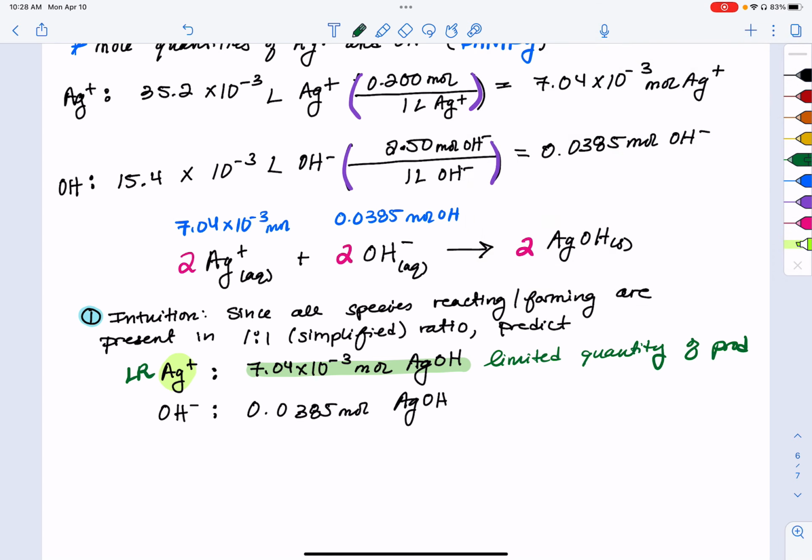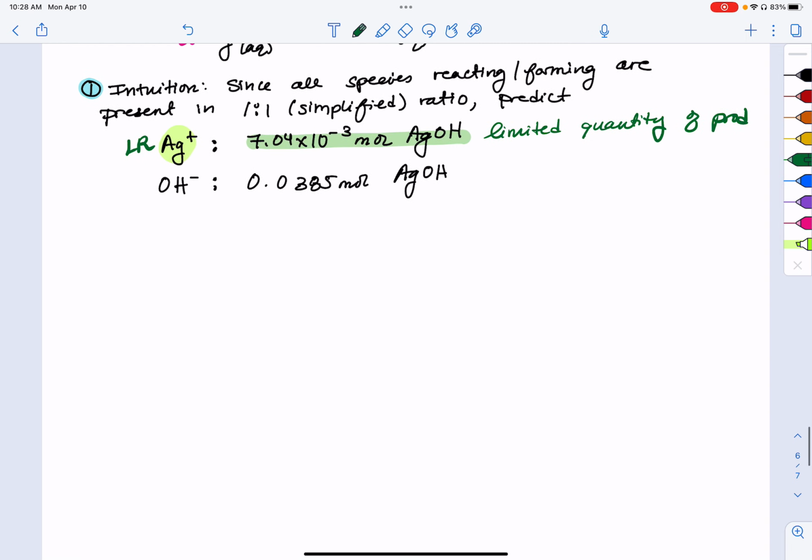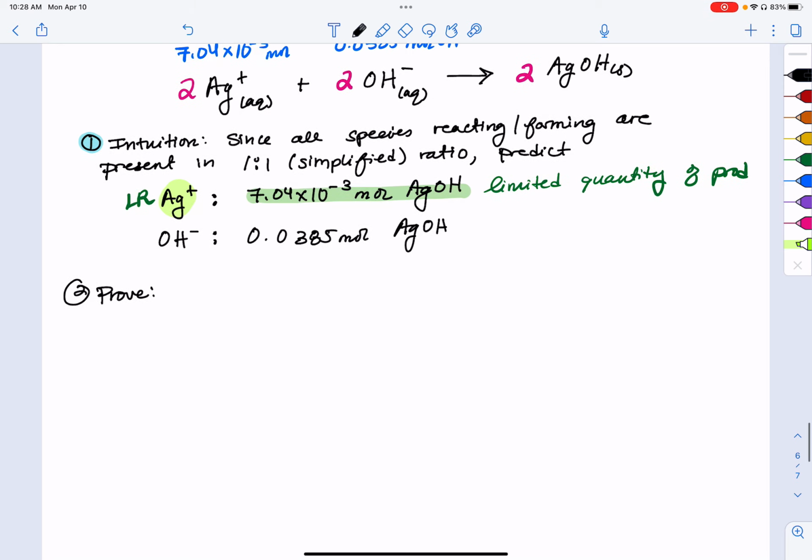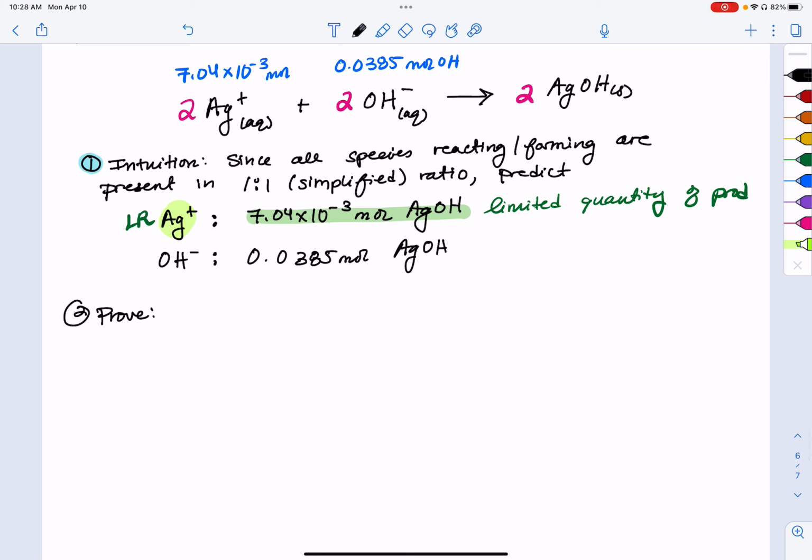So silver ion is our limiting reactant. Let's prove this now quantitatively. So I need my pantry and I need my ratio, my recipe. So 7.04 times 10 to the negative 3 moles of silver plus, and I know from my balanced chemical equation that for every 1 mole of silver plus reacted, there will make 1 mole, and you know what,